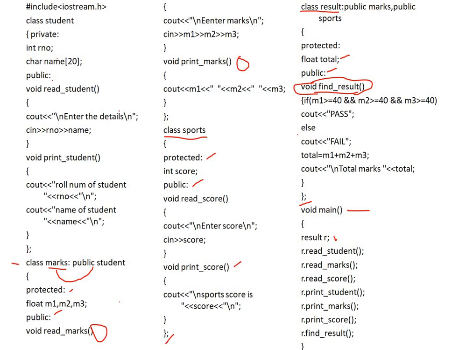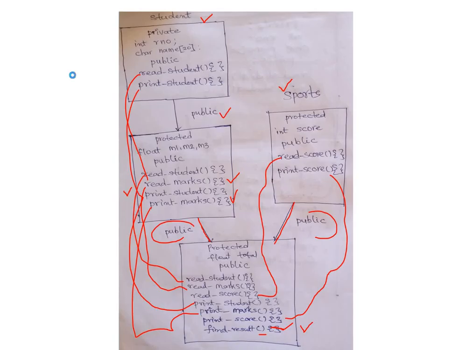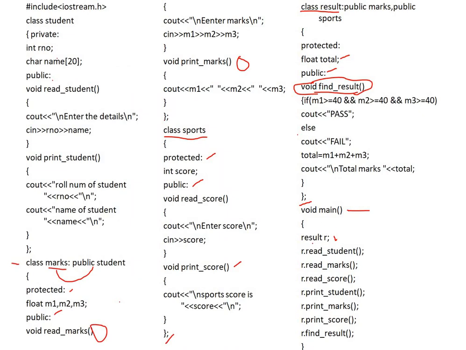Now we have to enter the rno and name. The \n means the execution control goes to the next line. Next we have to enter the rno value and name value. The rno value is 123 and the name value is Anil. After execution of this statement, execution control goes back to the next statement in the main function.